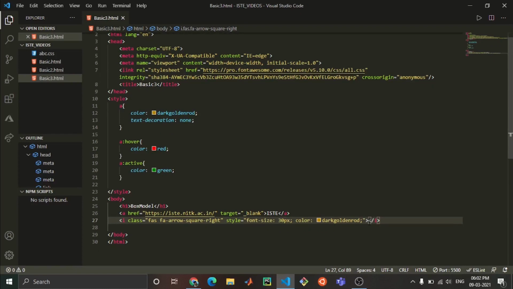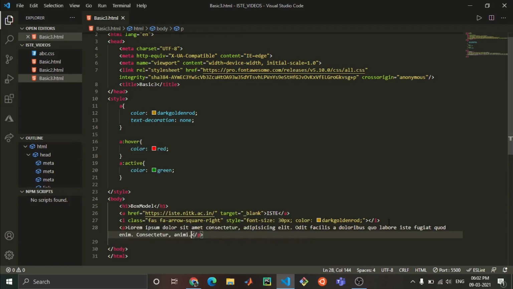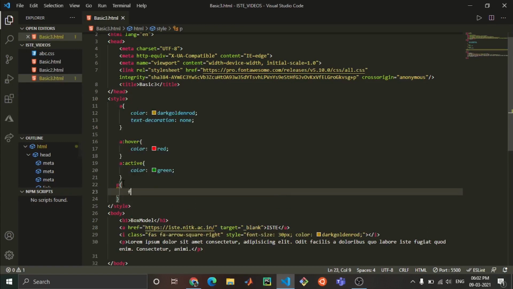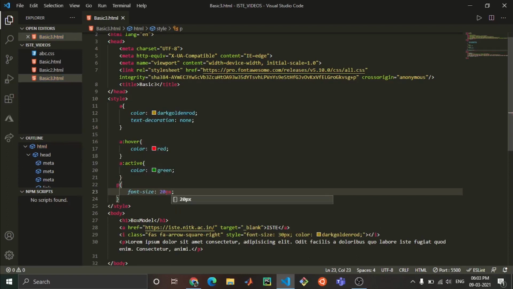Now I will show you how to add fonts. For making our website look more attractive, you can add various types of fonts. There are some inbuilt fonts, and some fonts you can extract from Google. I will show you. Okay, I just write one paragraph, lorem 20. Now for P, just make sure the font size is a little bit good so that it is visible to you.